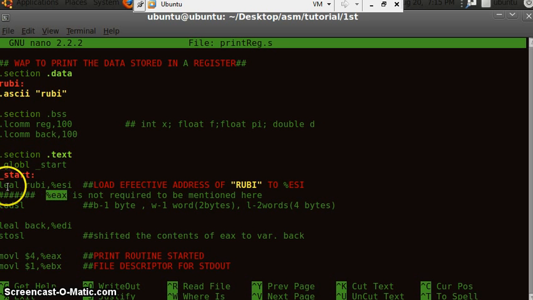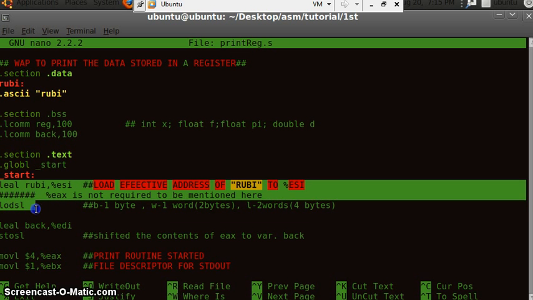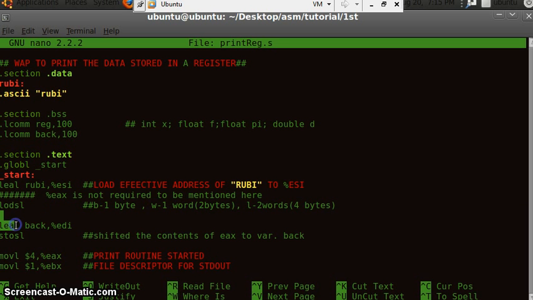Fine. Now the foundation is done. We got some data in our accumulator EAX register. So what do we do next? The main coding starts now. Use again LEA, load effective address of the buffer variable that we have defined. Load the memory address of the buffer variable to our destination index.